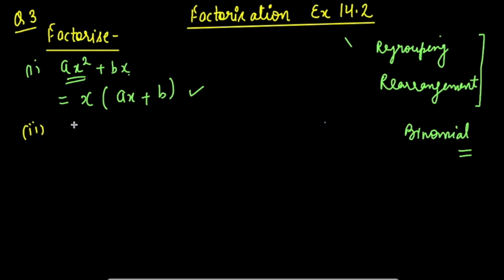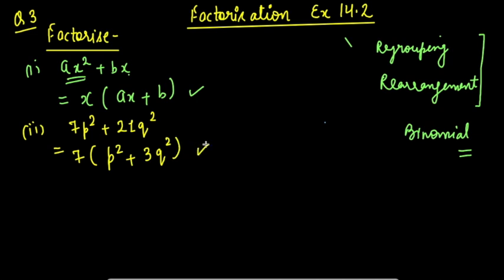Again, the second part of the question is 7p square plus 21q square, which is again a binomial. We will see the common factor in the constant terms 7 and 21, which is 7. There is nothing common in the variables. So it is 7 into p square plus 3q square, since 7 3s are 21, and your question is done. Right? Now if you go on to the third part of the question,